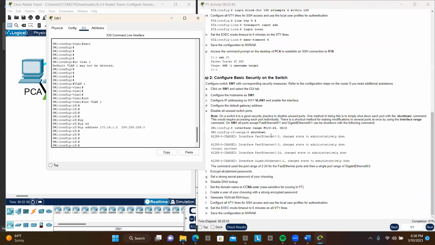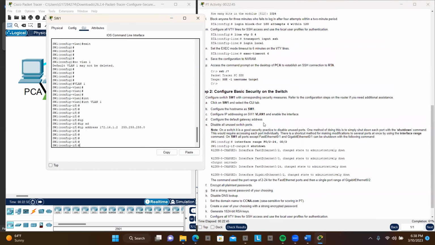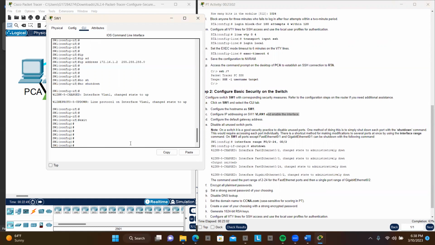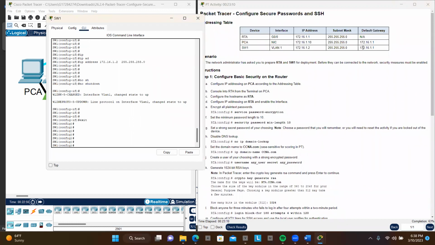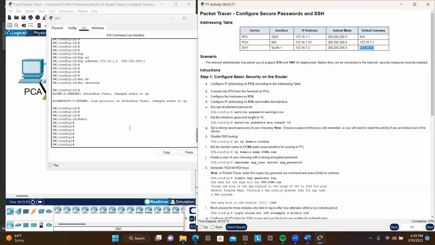Now let's go ahead here. Then this has to enable the interface, so we have to open it. So it says no shutdown. Now you could tell that the interface is off. So let's just exit. Now what else do we do? We have to configure the default gateway address. The switch doesn't really need the default gateway, but it's a virtual one. So let's go ahead and say